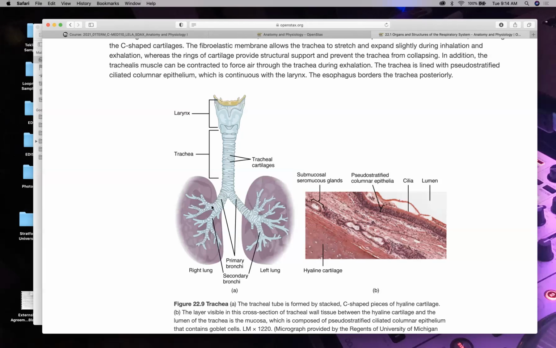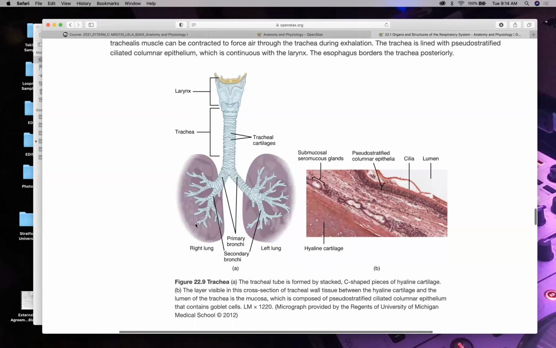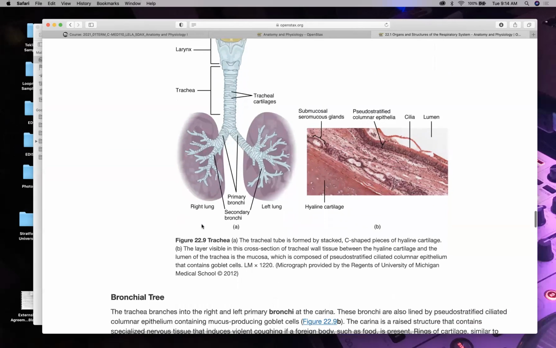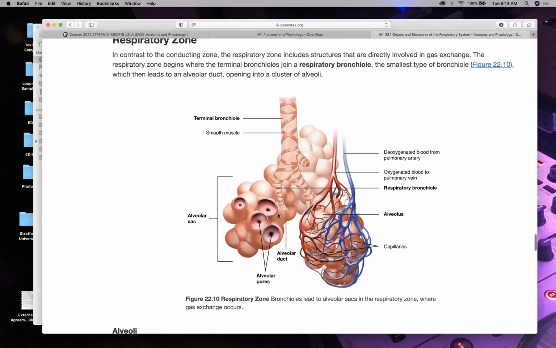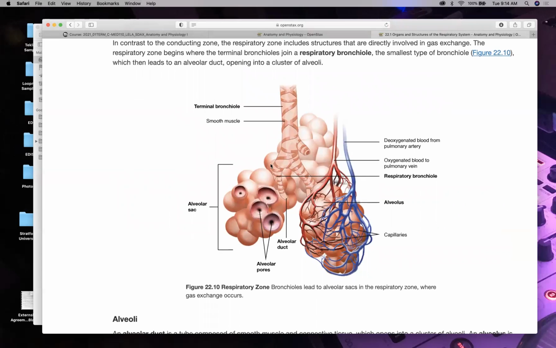And you'll notice little by little, as the bronchus gets smaller and smaller, it loses this cartilage. Once it gets to the rest of the lung, it loses cartilage, but it gains smooth muscle. Now we're getting into the respiratory zone, also known as the conducting zone. At the end of the small bronchioles, at the very end, it's called the terminal bronchiole, and then it attaches to,